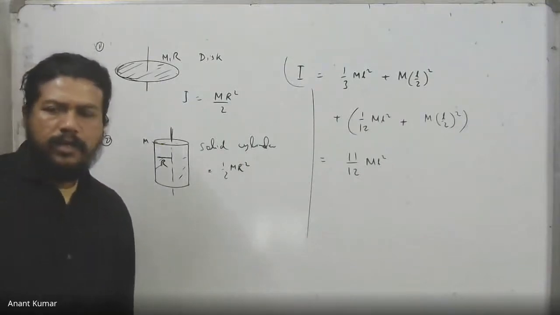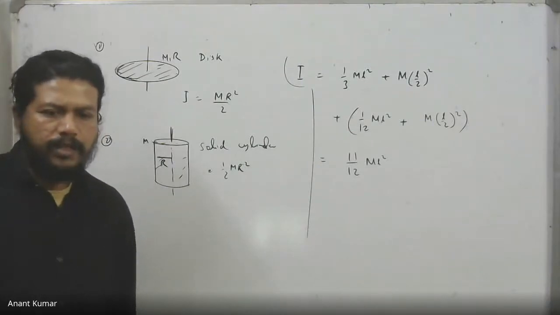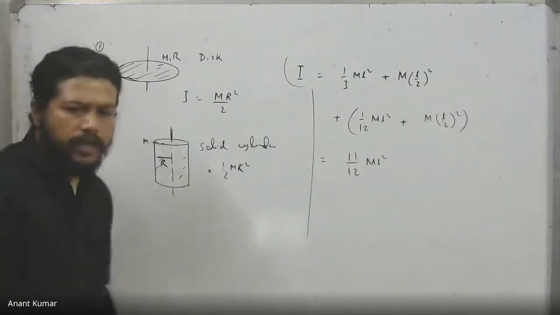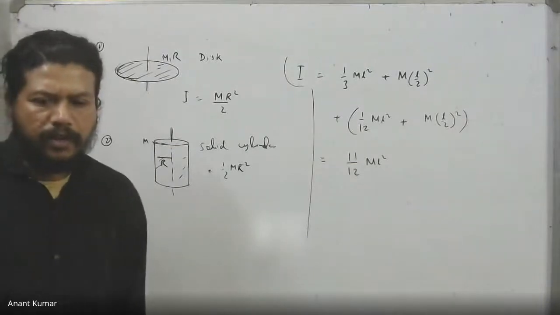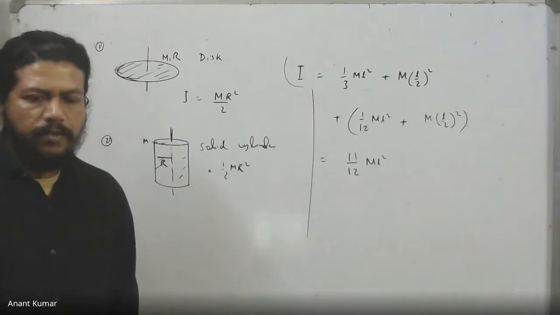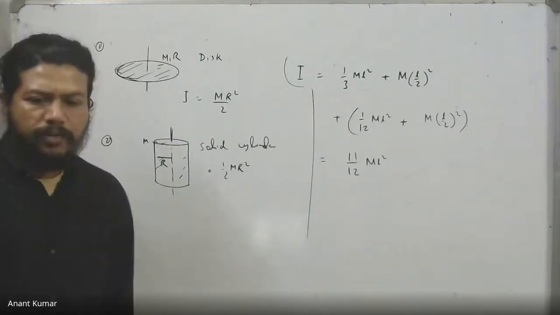For symmetrical bodies, if I take the dimension along the axis, it will not be present in the moment of inertia. Obviously, if it was a hollow cylinder, like a cylindrical shell, it will be the same as that of a ring, because again all the mass will be located at the same distance from the axis. So the result will turn out to be half m r square again.